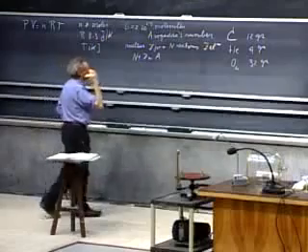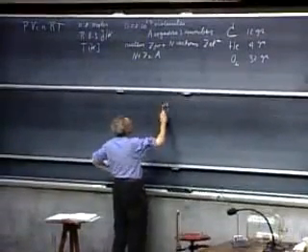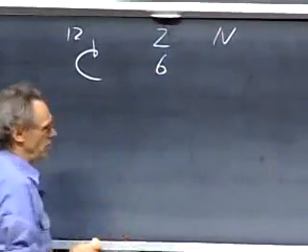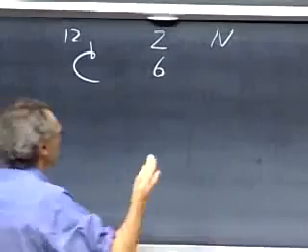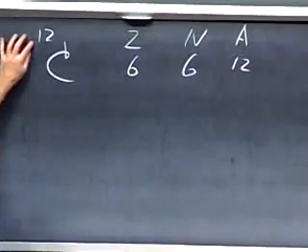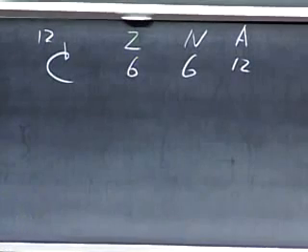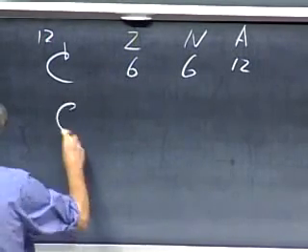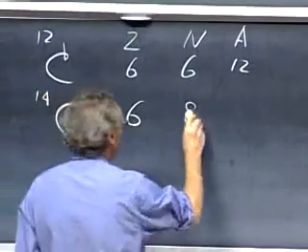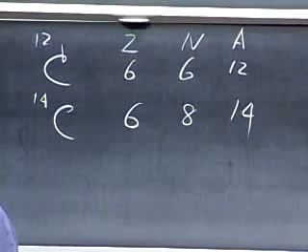Let's look at carbon in a little bit more detail. If we have carbon, and I call it carbon 12 for now, you'll see shortly why, then carbon has always 6 protons in the nucleus, otherwise it isn't carbon. And when it has 6 neutrons, then A is 12. That's why we call it carbon 12. So the atomic mass number of carbon is 12, but if you had, for instance, carbon 14, which happens to be radioactive, again, 6 protons, otherwise it wouldn't be carbon, you would have 8 neutrons now, and now the atomic mass number would be 14.